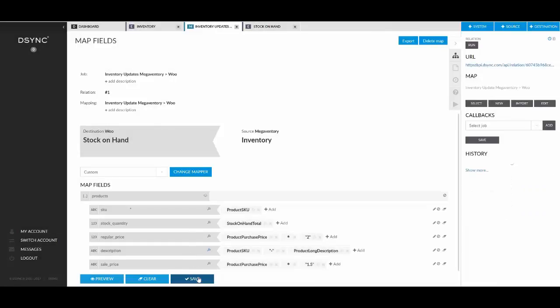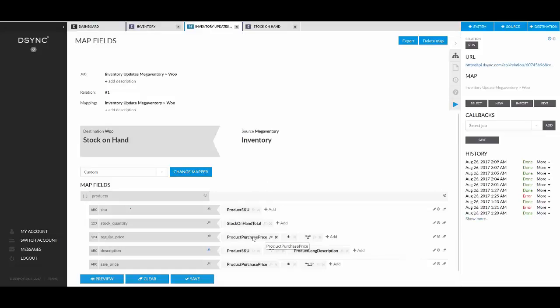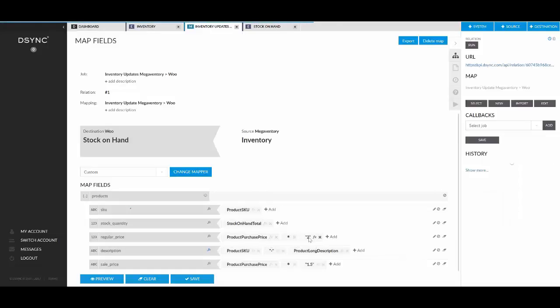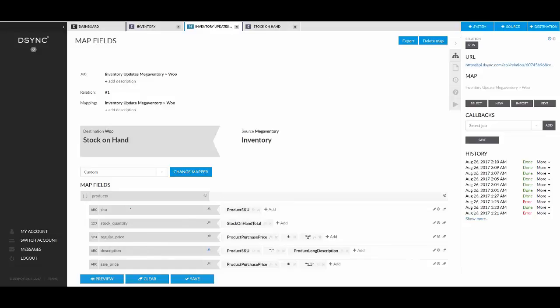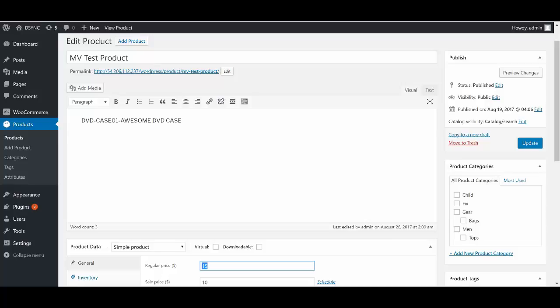And we save that. So now when the job runs, you're getting a product purchase price from Megaventure, which is $10, but what you're actually inputting into WooCommerce is 100% markup on the regular price and 50% markup on the sale price. So if I refresh here,